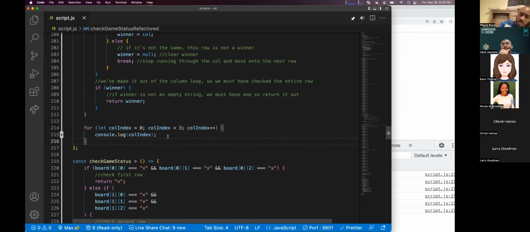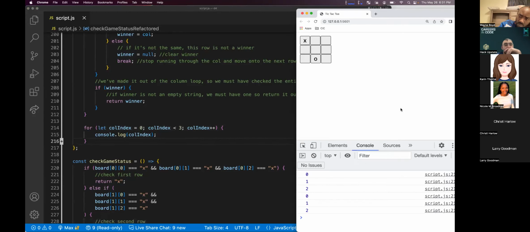The X and the O. No. Would it be because it runs it for each column? Nope. But it doesn't run it for the third column because it's less than 3? Math out, are you asking why it keeps showing 0, 1, 2 and not 3? No, I'm asking why do we have 0, 1, 2, 0, 1, 2 printed out? We know why 0, 1, and 2 is printing out, but why is it printing out a second time?